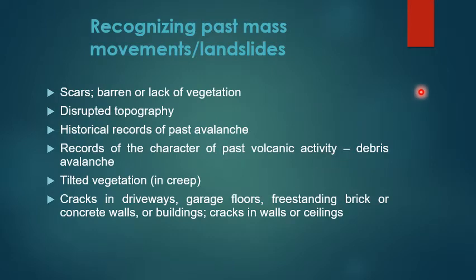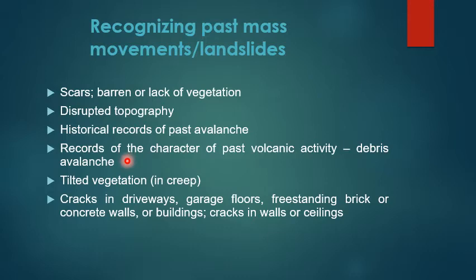How do we know if a landslide occurred or will occur? There are some parameters or things that can be observed in the area. If there are scars or barren rocks or lack of vegetation on rock slopes, then that could be a sign that a landslide occurred at that site. It can also be disrupted topography, and this is quite apparent in topographic maps. Probably historical records of past avalanches are available, or in volcanic areas, records of past volcanic activity, for example, debris avalanche, can give you an idea if